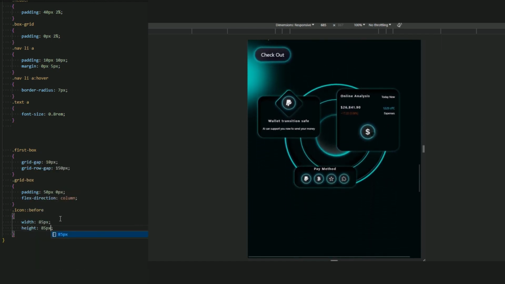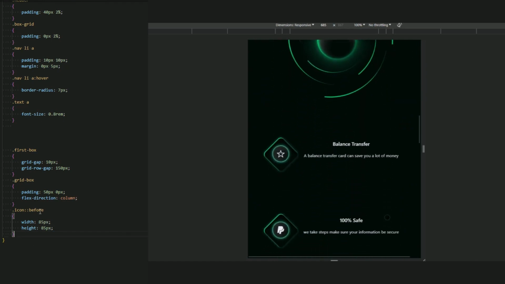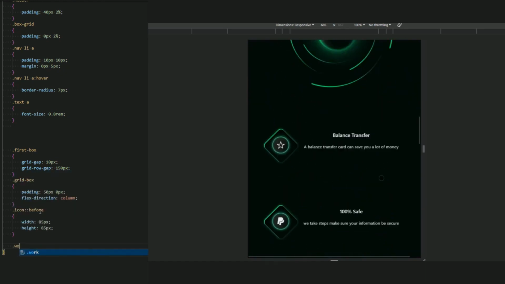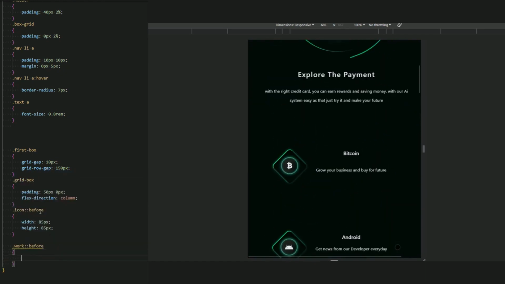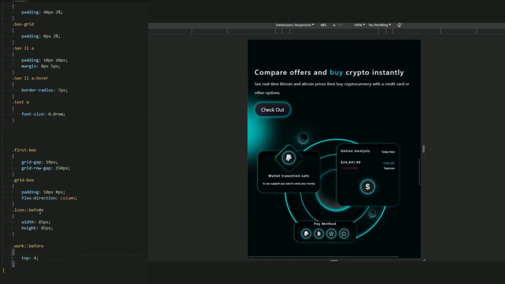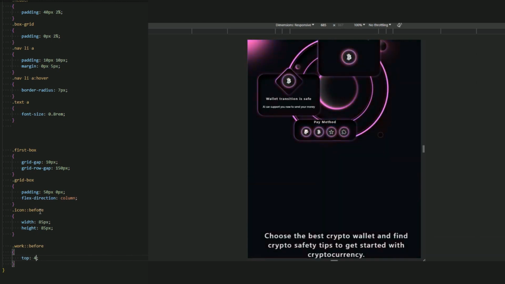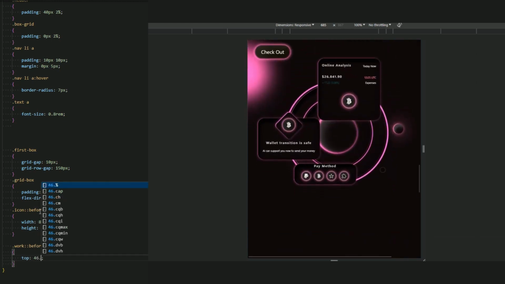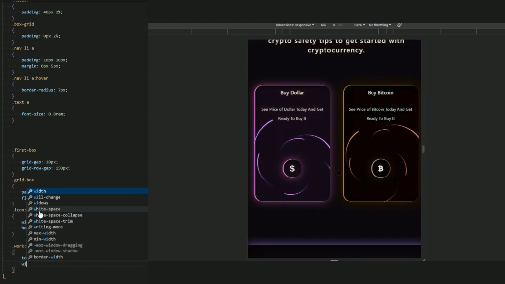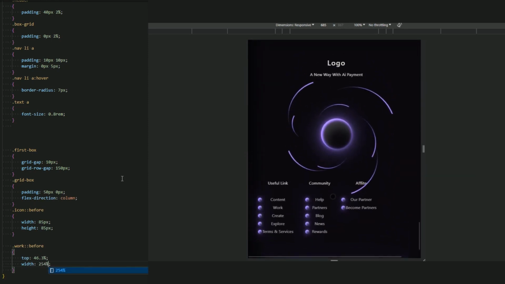Okay, and for the work before, let the top be this of this line, as you can see it, so that the top be 46.3%, and let me just set the width to 154%. Okay, now let's go for the footer.